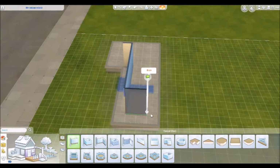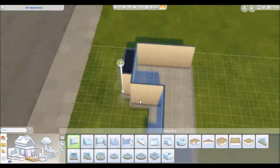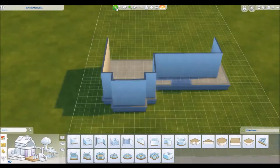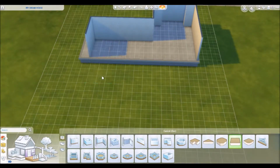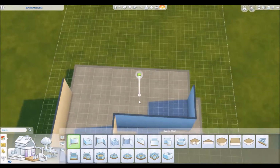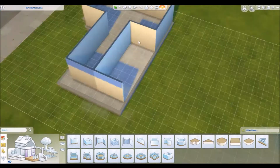And it's got two bedrooms, but it's really a bedroom and an office in the way that I made it. And then it's got a full bath and then a half bath downstairs. And it doesn't have a formal dining room. It has kind of a small dining room, but